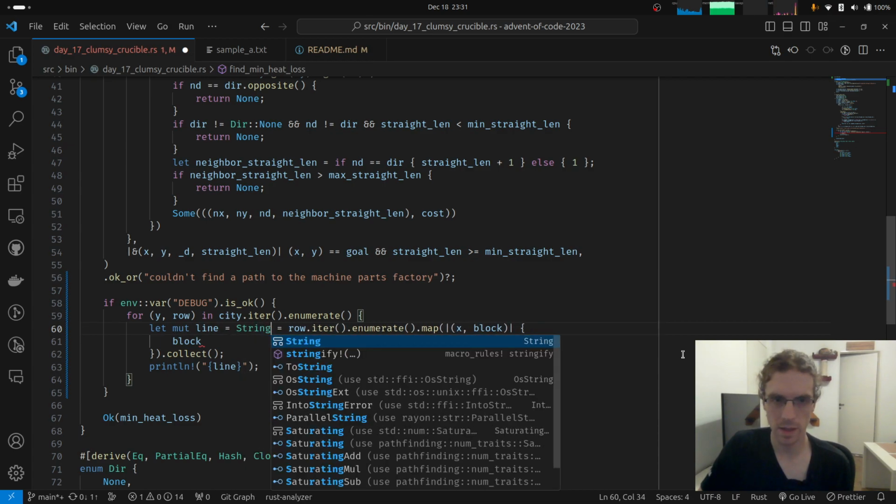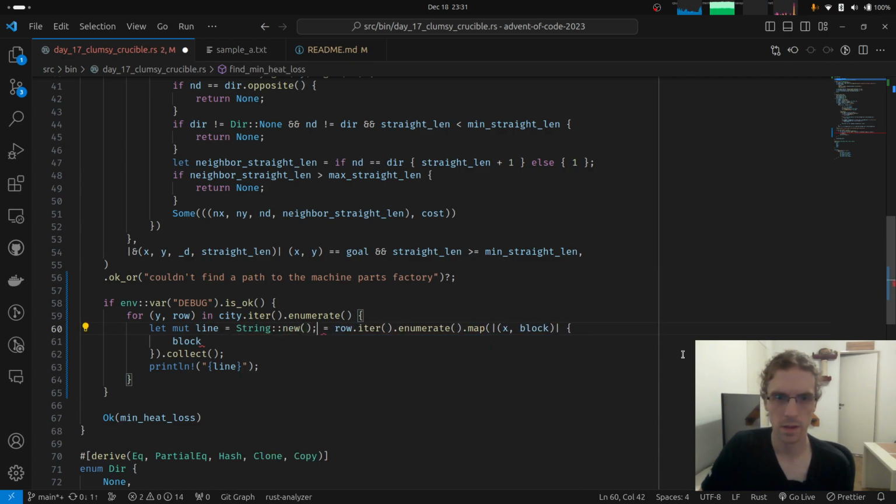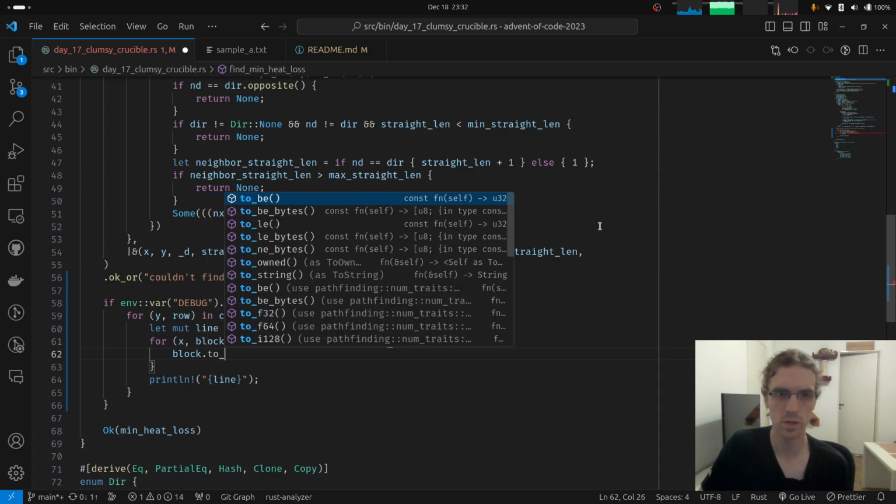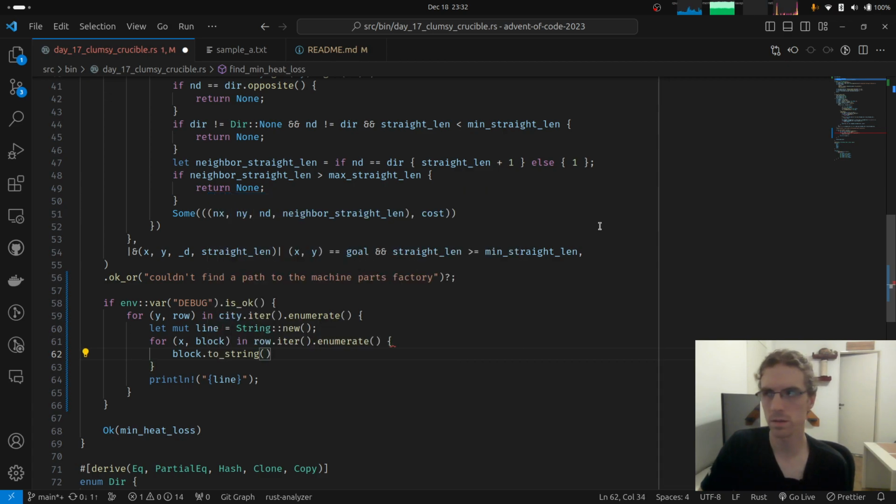So line is going to be a new string here. Then we're going to iterate the old school way. And what are we going to do? The block is just a number, right? We're going to convert the block into a string, basically. Yeah, let's do that.